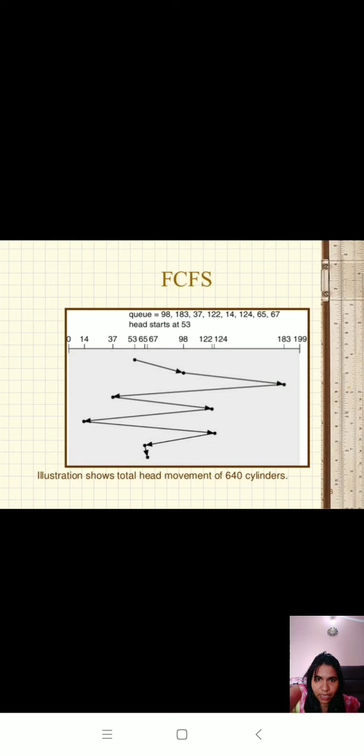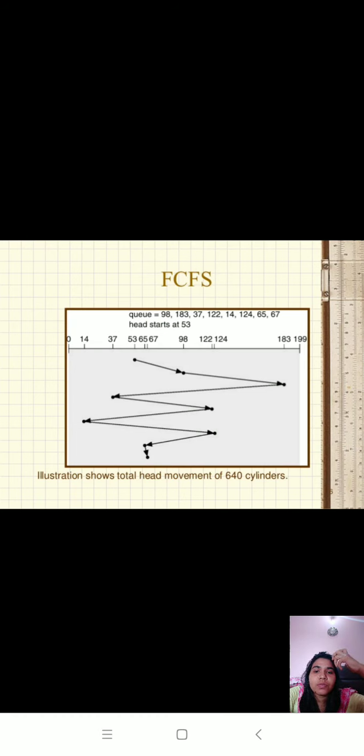After that 183, then 37 and 122 and 14, 124 and 65 and 67, right? So this is the process to resolve how to move our armature and read write pointer,